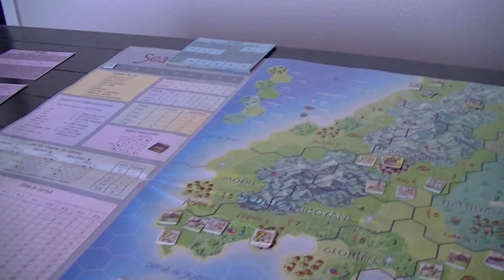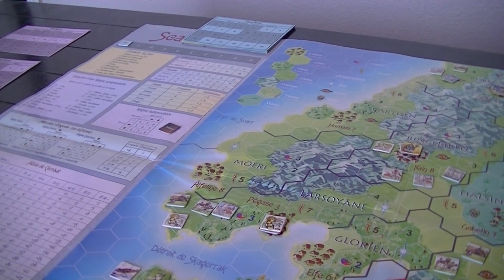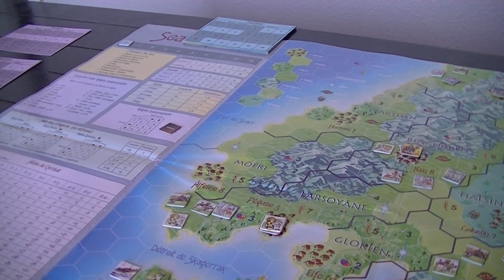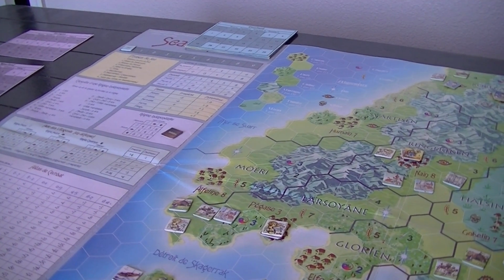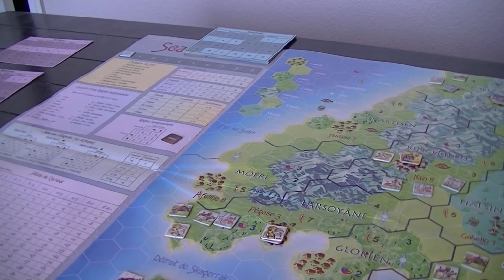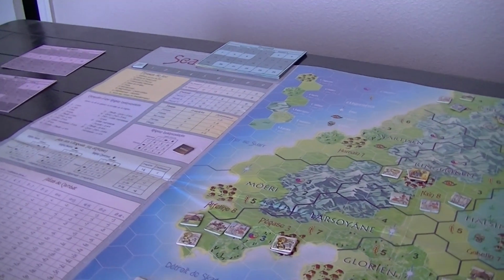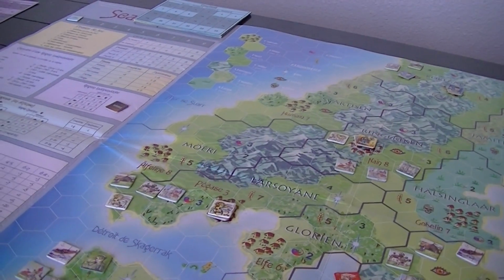Let's make sure that what it makes sense as. The player removes... His ending combat strength must be lower than or equal to... Oh! Okay. So...